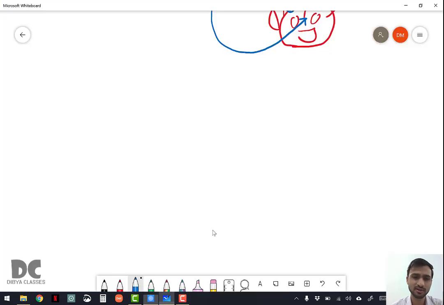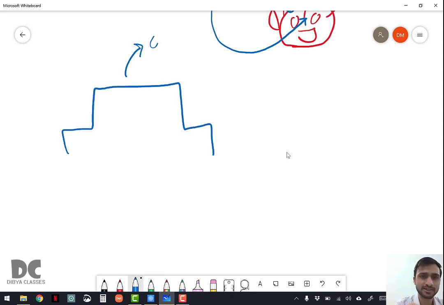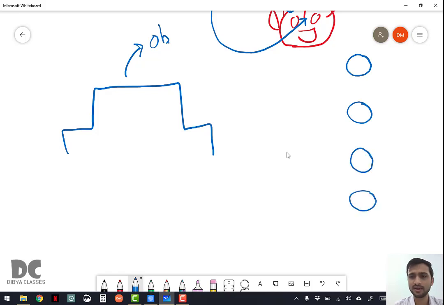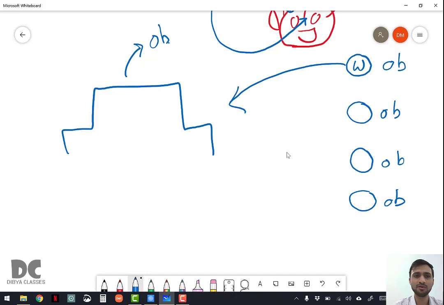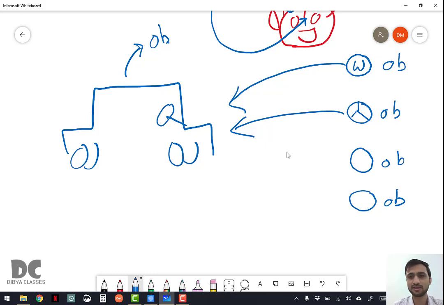So how did this work? We already had the body of the car. The body of the car is itself an object, and we took properties from 4 different objects. It is not always that you can take property from a single object, but multiple objects also. You can acquire properties from multiple objects. Like these are the wheels. You took the properties, and now your body of the car has 4 wheels. You took the property of steering, and now your car has a steering wheel.